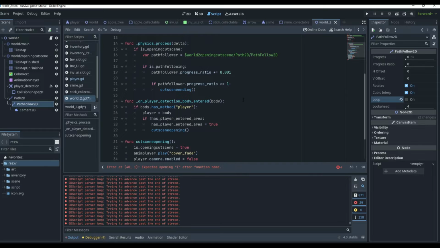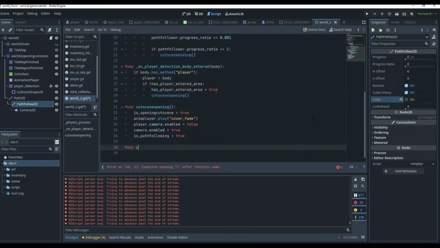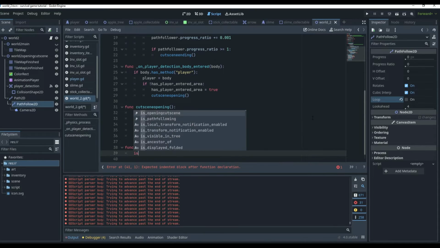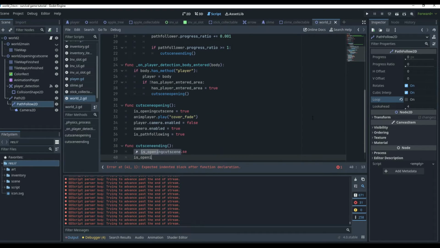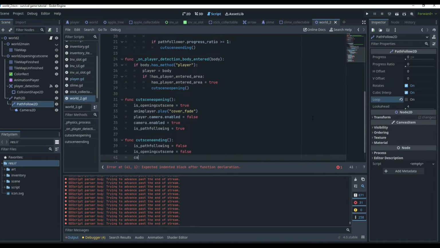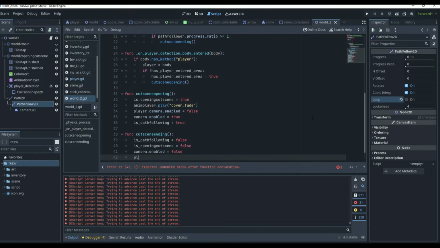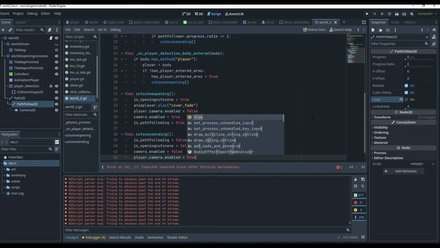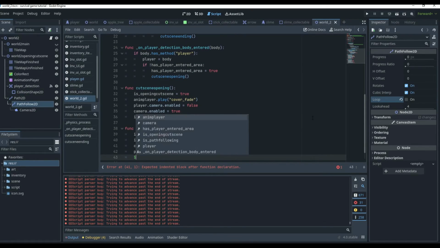I just typed somewhere and I don't know where I typed, but if we come down here and we say function cutscene ending, this cutscene is going to be the ending, and in this cutscene we want is path following to be equal to false. I'm going to explain more in depth how this works here in just a second. And then we want our is opening cutscene to equal false, and then we also want our camera dot enabled to equal false, and we want our player's camera to be equal to true again, and then we want our world